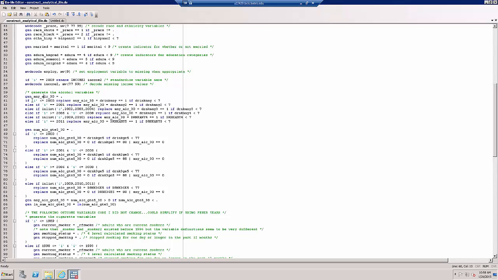And I first generate it as an empty variable, set it all to missing, and then depending on the survey years that I'm using. Notice I left a bunch of these survey years in here, even though we're only working with 2008 and 2009. And this whole block represents all of my knowledge about all the data files from BRFSS with respect to